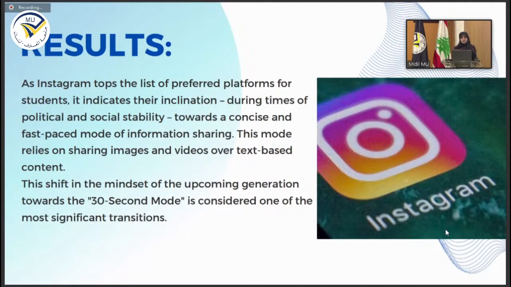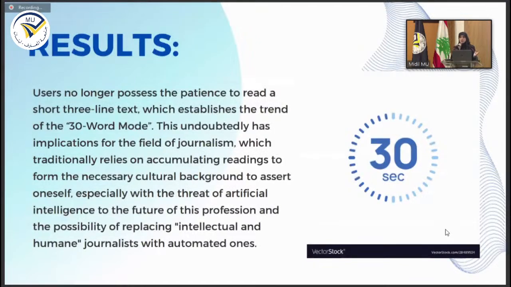This mode relies on sharing images and videos, and this comes with a significant transition, which is what we call the 30-second mode, okay? When we find that if the video didn't catch our attention in the first 7 to 20 seconds, our finger is scrolling down automatically. So as a parallel to that, I borrowed this notion and I use it as the 30-word mode. Users no longer possess the patience to read a short 3-line text,